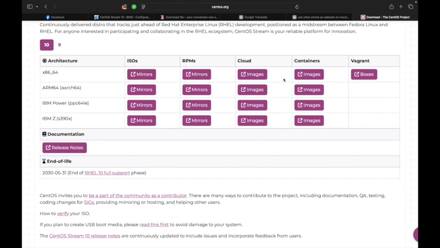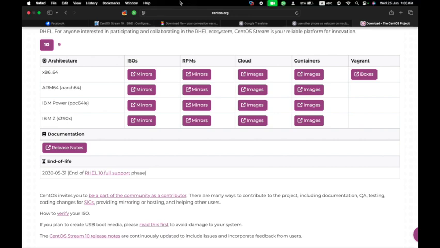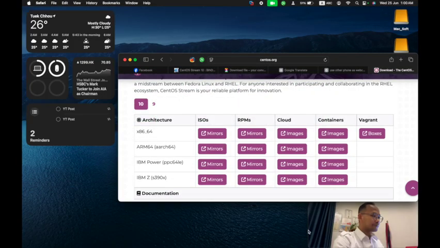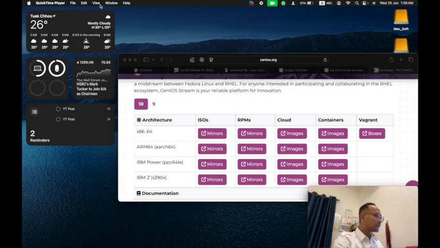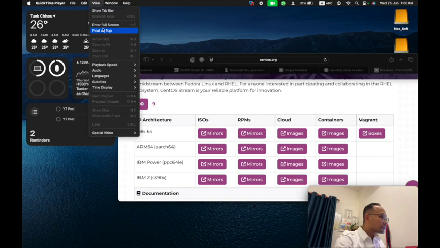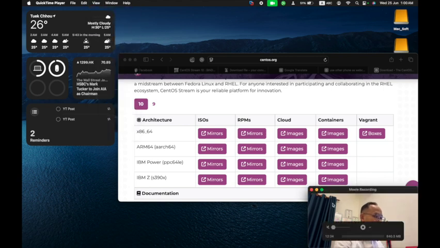Now look at the download portal of CentOS Stream. You can download for x86 64-bit, or ARM64.